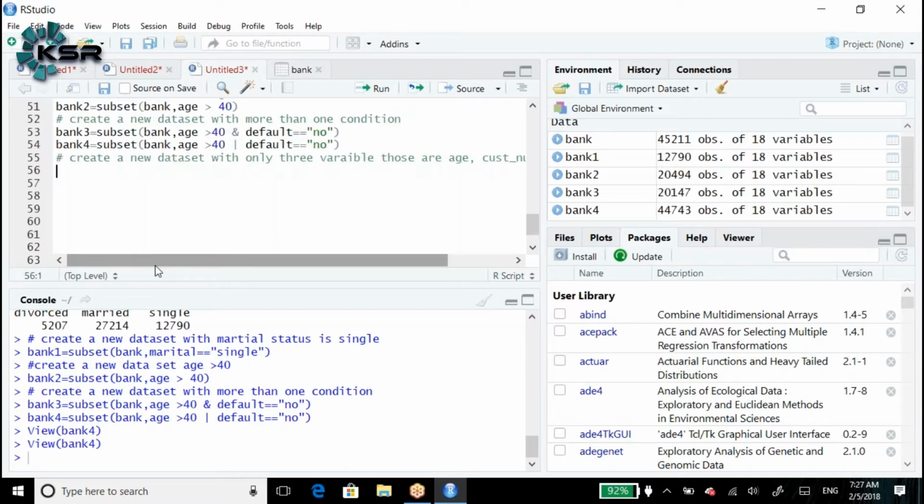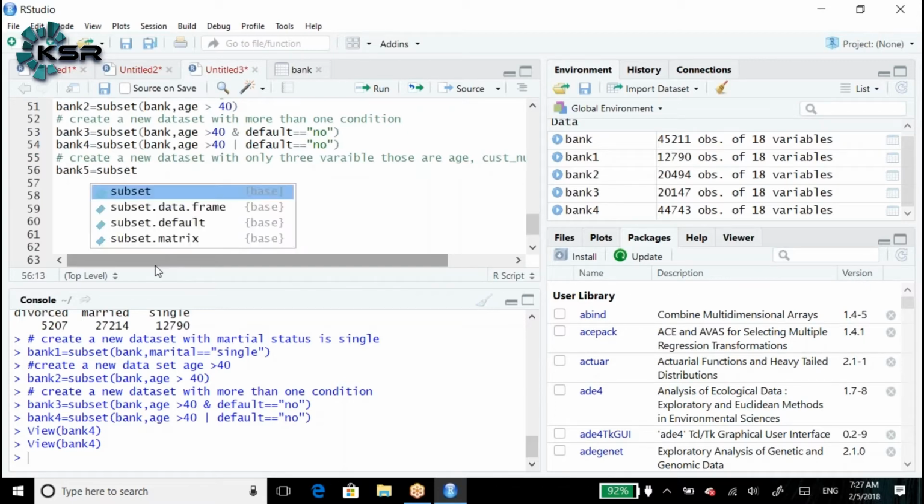How do we print this? Bank 5 is equal to subset, same, and what is the data set? Bank.